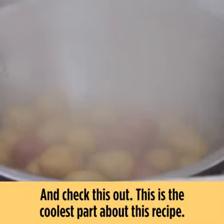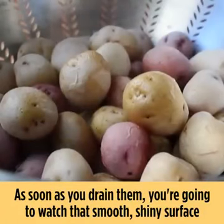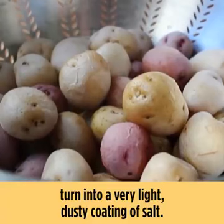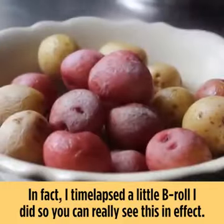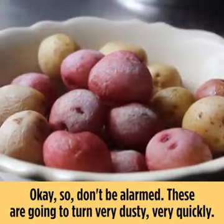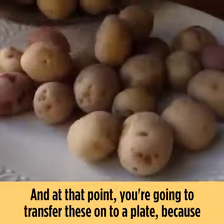This is the coolest part about this recipe. As soon as you drain them, you're going to watch that wet, shiny surface turn into a very light, dusty coating of salt. Check it out. So cool. In fact, I time-lapsed a little B-roll I did, so you can really see this in effect. Okay, so don't be alarmed. These are going to turn very dusty very quickly. Totally normal. And at that point, you're going to transfer these onto a plate because we want to serve these